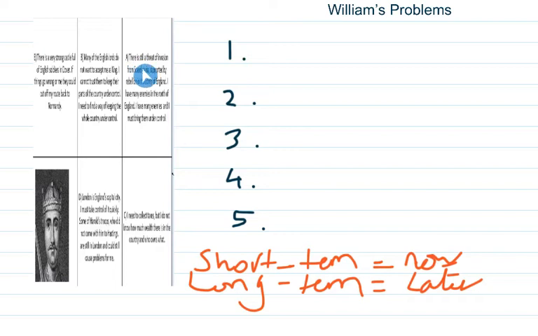There is still a threat of invasion from Scandinavia, supported by a rebellion in the north of England. This is William talking: I have many enemies in the north of England. I have many enemies and I must bring them all under control. Why it goes in this order, I don't know, but we'll go on to B next. B. Many of the English lords do not want to accept me as king. I cannot trust them to keep their parts of the country under control. I need to find a way of keeping the whole country under control.